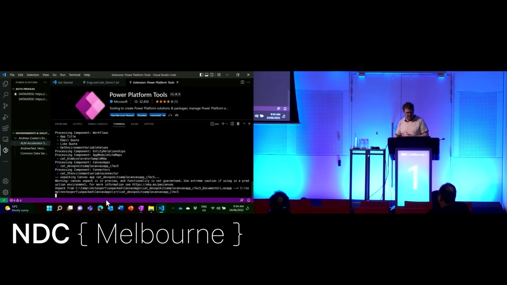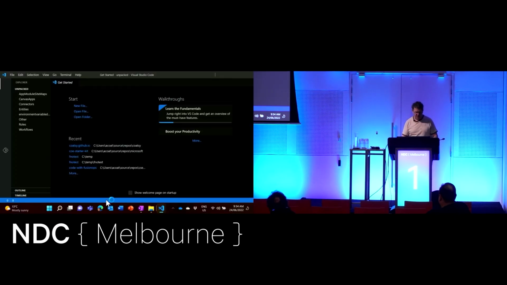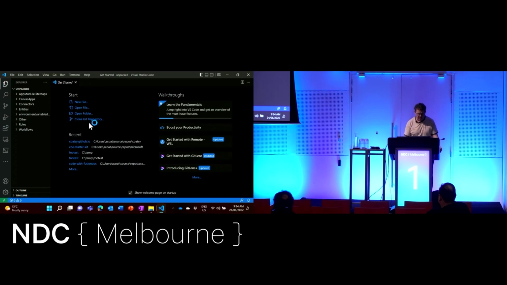What this is going to do is open that zip file and push some stuff out. So if I now, yes, we'll open. You can see what we've got here. Remember, if we had 4 folders in the zip file, we've actually got a lot more than 4 folders in our unpacked version. But the ones you'll recognize are things like the workflows and the Canvas apps.